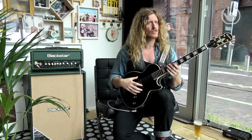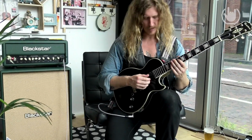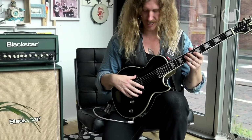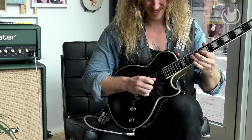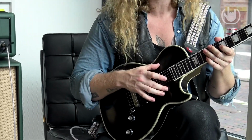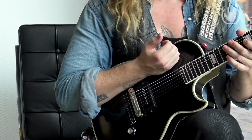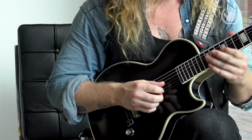So I was always generally on the bridge pickup, and I remember one day I was playing and it was in my way, and I was on the bridge pickup and I was missing notes, and I said, if this pickup wasn't here, I would have such an easier time. What did I do? Took it out. And all of a sudden it was like I could...